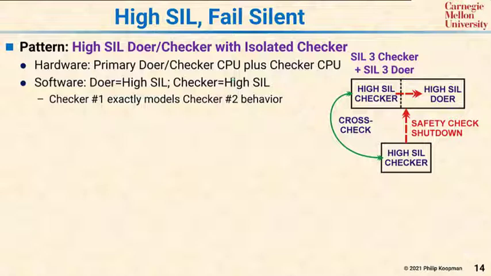The checker is a smaller, less expensive CPU that only has a copy of the checker software in it. So what you have is a system in which the doer CPU and the checker CPU are both really running a 2 of 2 system because they both have identical checker software doing cross-checks. In addition, the doer CPU has additional doer software, and this doer software does the actual control functions for the